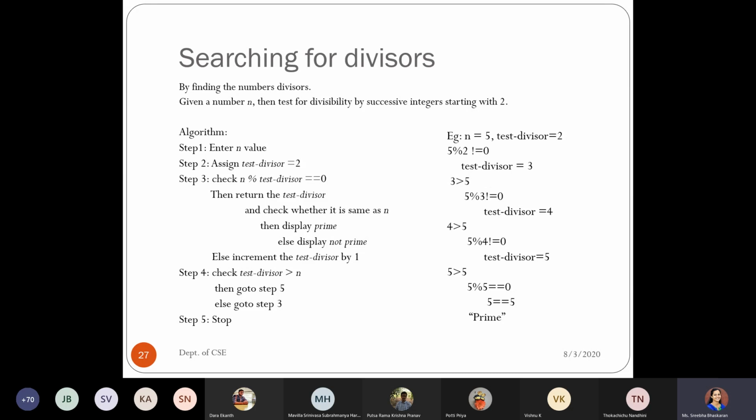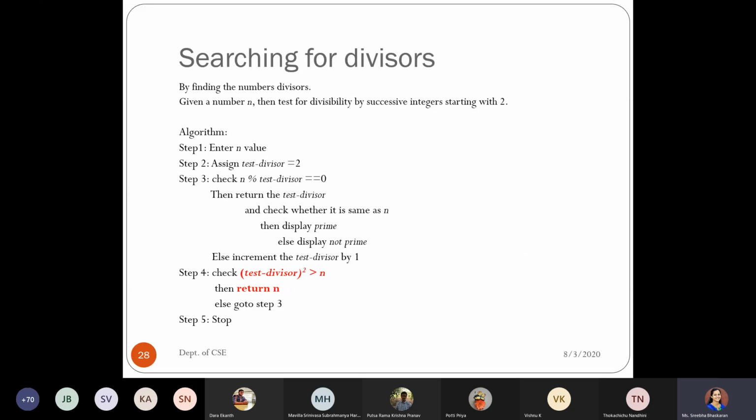Instead of taking n by 2, what I have done is I have used the square root one. Instead of writing square root of n, because you already know how the square root procedure works, and how many procedures we have and all those things, instead of calling a square root procedure, just to reduce the complexity, I have applied a square procedure onto the test divisor.